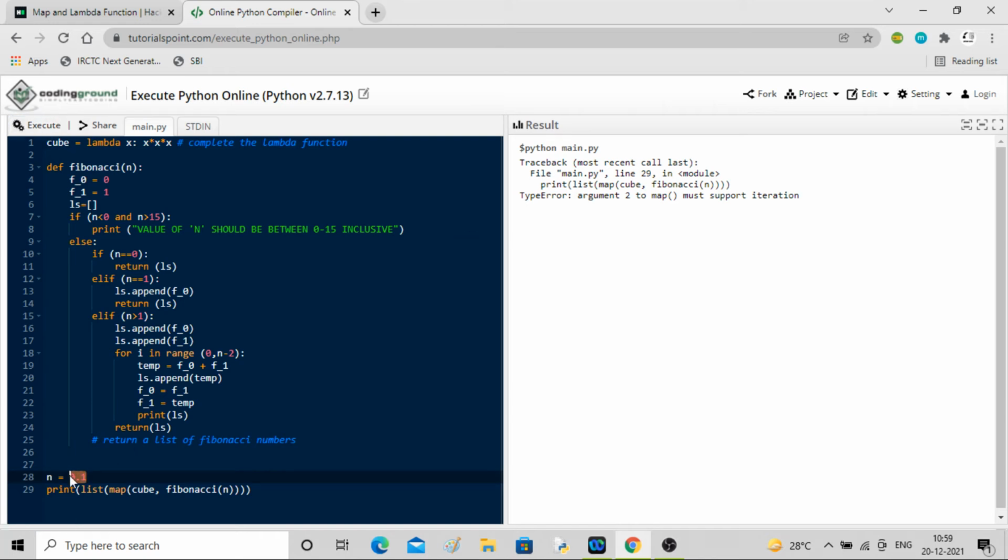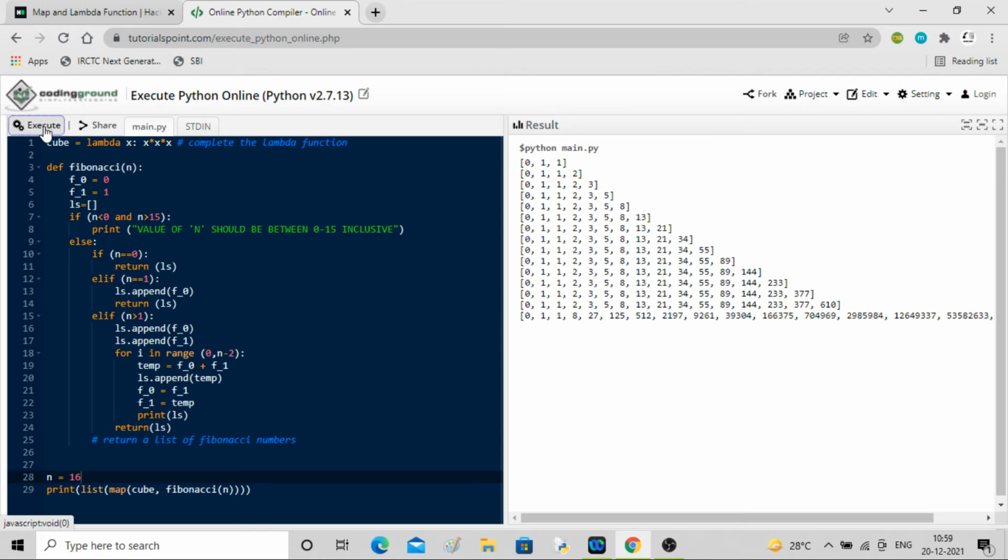Integer value is not less than 0, there is nothing, right? If I put 16, ooh, I should not calculate actually. If n is 16, it should print this, right?